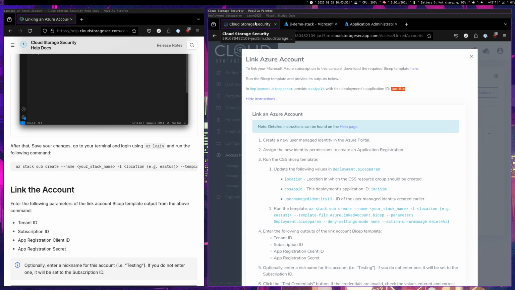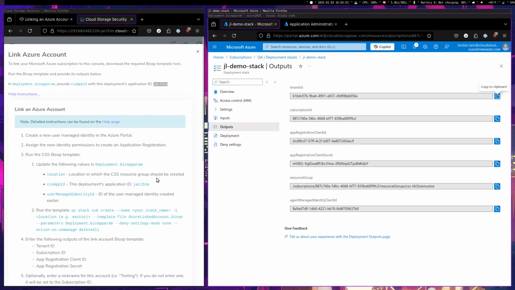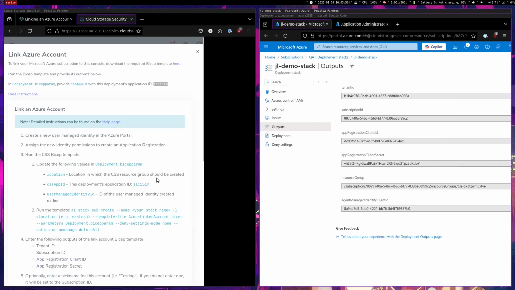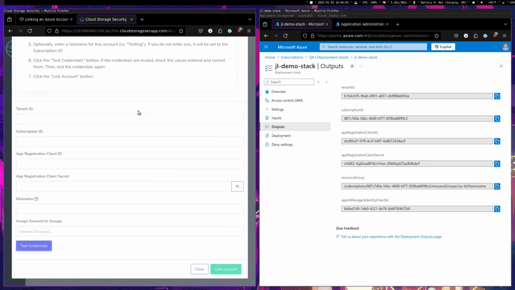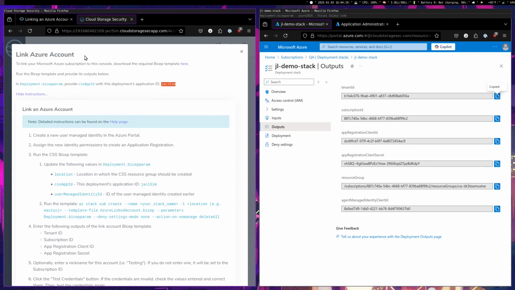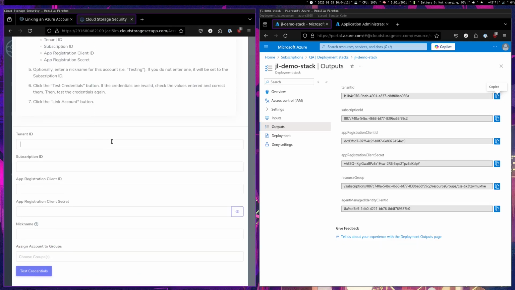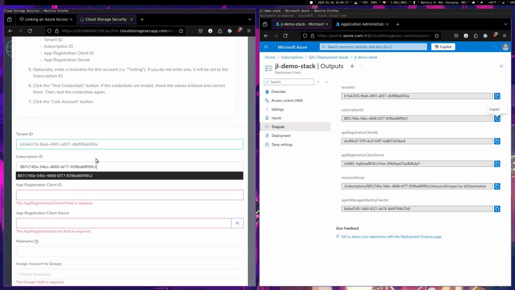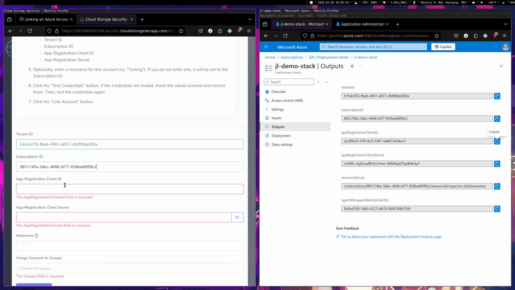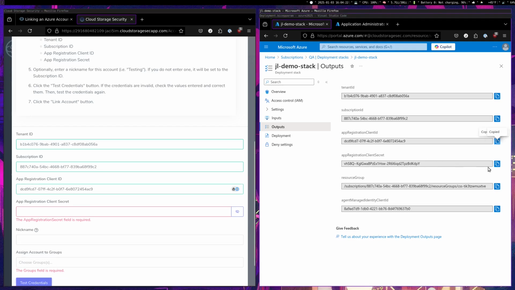So let's move this window to the side. And fill in those values. Copy the tenant ID over. So remember, this is just the link Azure account section in the CSS console. Copy the tenant ID, copy the subscription ID, copy the app registration client ID, copy the app registration client secret,